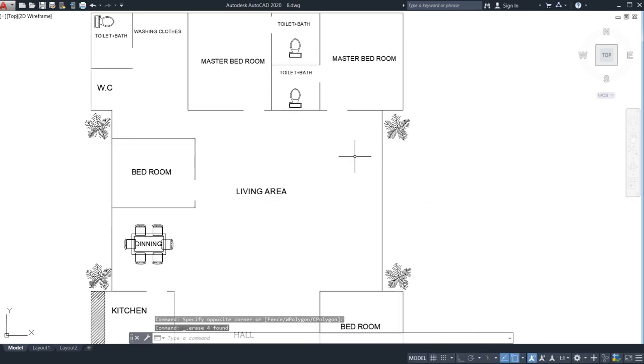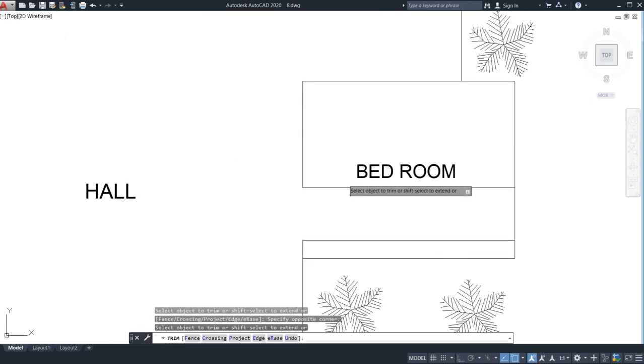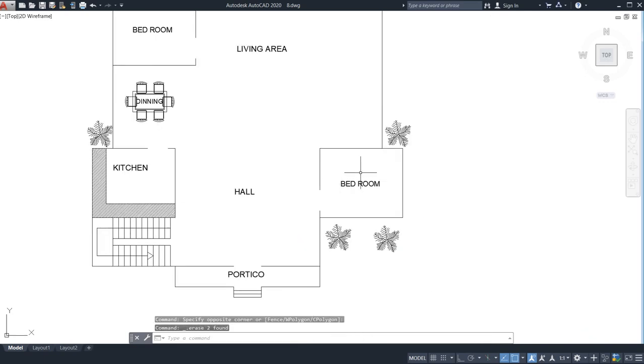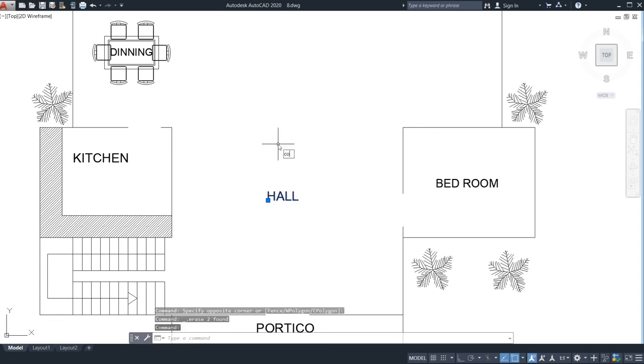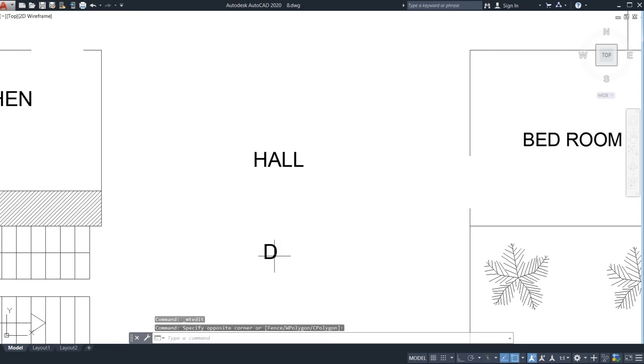Now you can see here what I have left with. So just go and do this. See it here, now it looks good. After that I need to select this, go for the copy command, just click anywhere on this. Now click it twice. I need to go with capital D. So this would be my door.